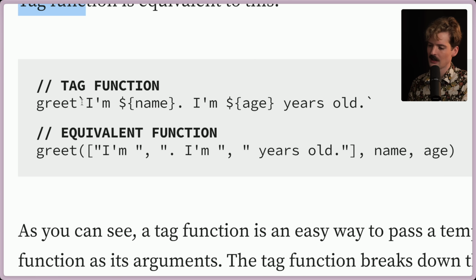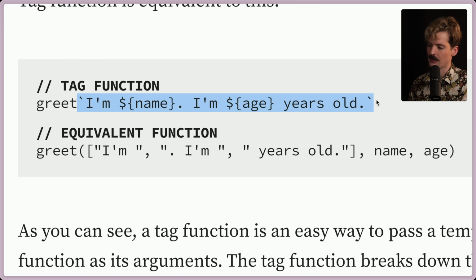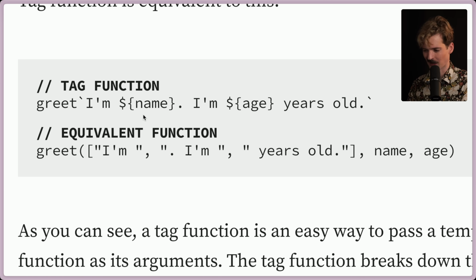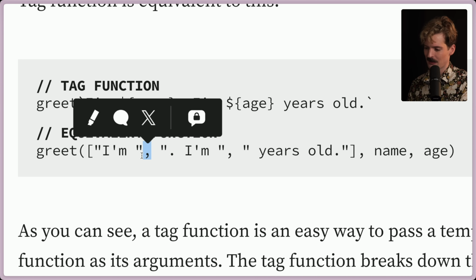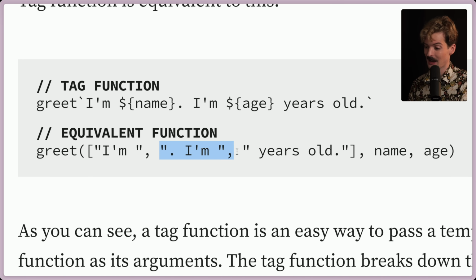Found this quick example on Google. A tag function is when you pass a string with this formatting to a function. What it effectively does is every time you have a templated value in it, it puts a comma there and then separates that with like a string split. So this becomes an array of values that we call it with the name and age as the points that it breaks. So we have "I am", comma, which is a new element, and then the next element, comma, for the next element here. And the reason this works is because the string templating is being converted in JavaScript land.